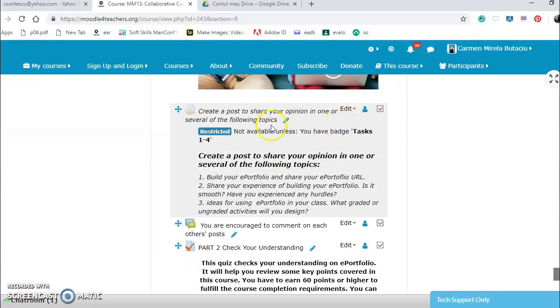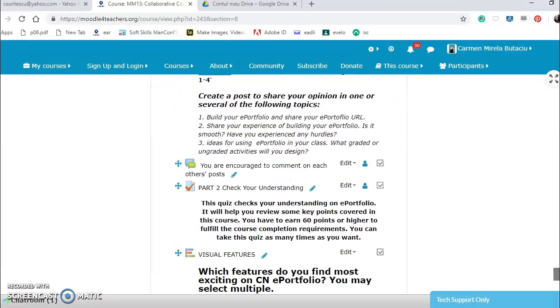Then I had an activity, an assignment restricted to make a post and share opinion in one of the topics. How to build a portfolio, sharing experience, hurdles, ideas, graded or ungraded activities.